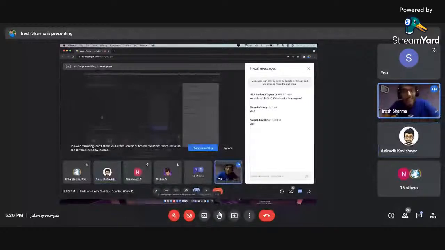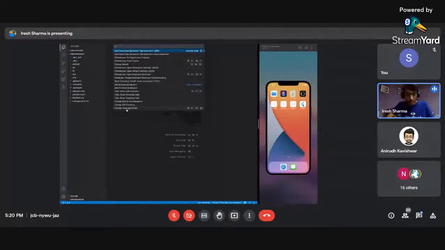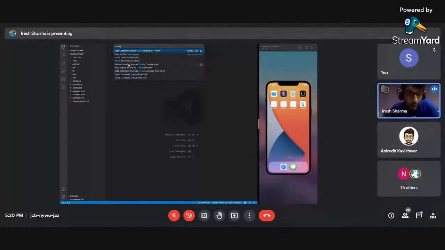It should be in your C documents, I guess, or wherever your CMD opens up. So you can just open up CMD and check where it is opened, and you can go to that folder and you'll see it. Or what you can do is go to VS Code, do Command Shift P and search for code. There'll be an option called